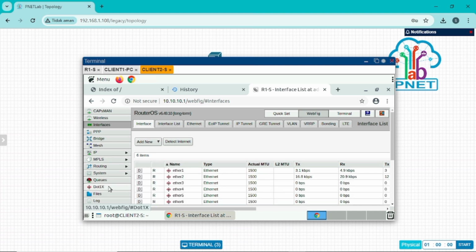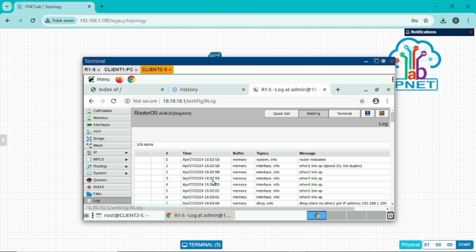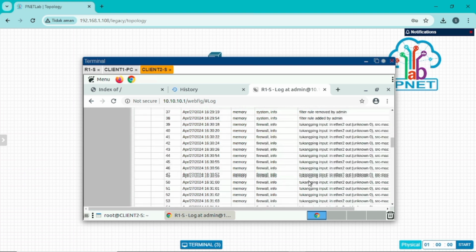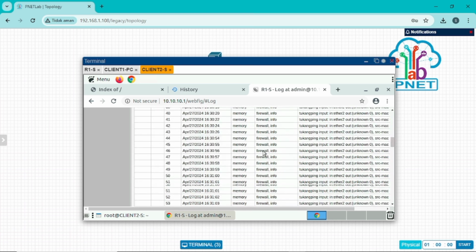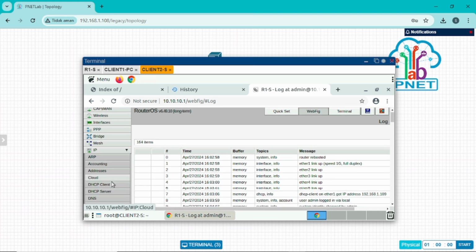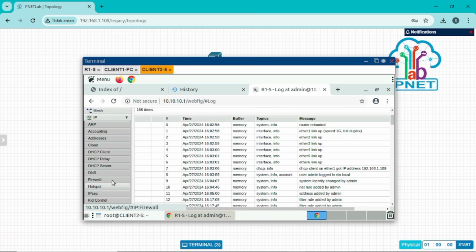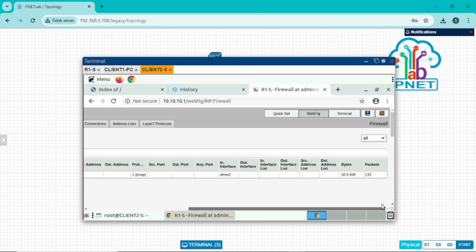Next, select the log menu. In the log menu, scroll down and the ping driver entries will be recorded. Next, click the IP menu, then select firewall, then scroll to the very end of the display. And here we can see the firewall packet counters running.